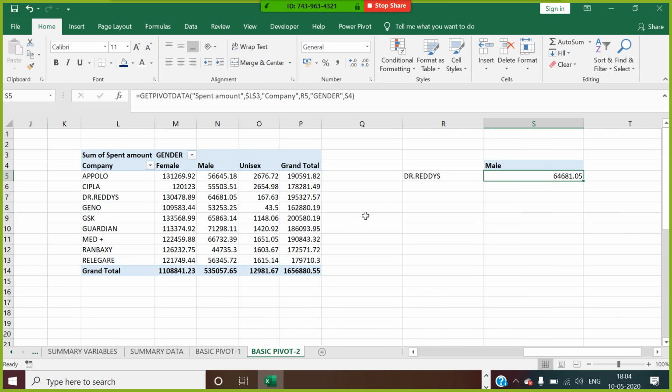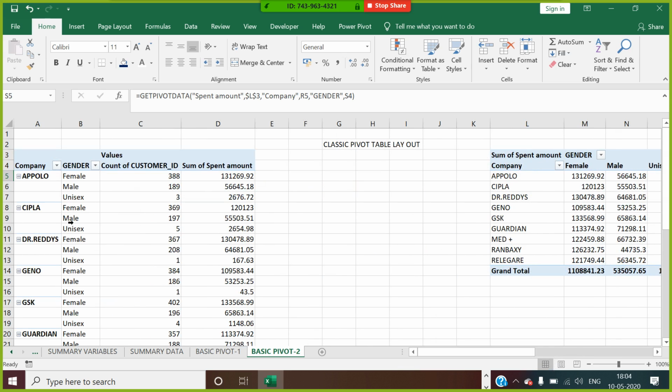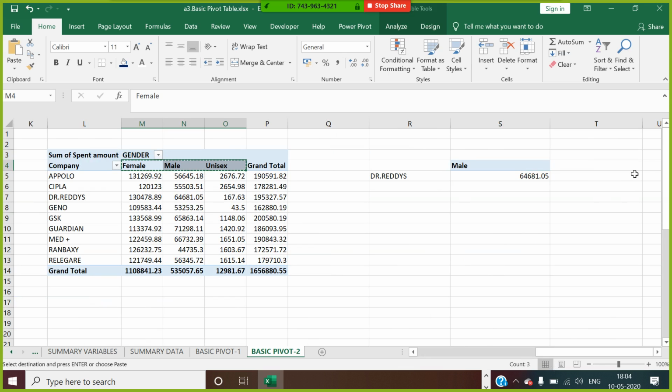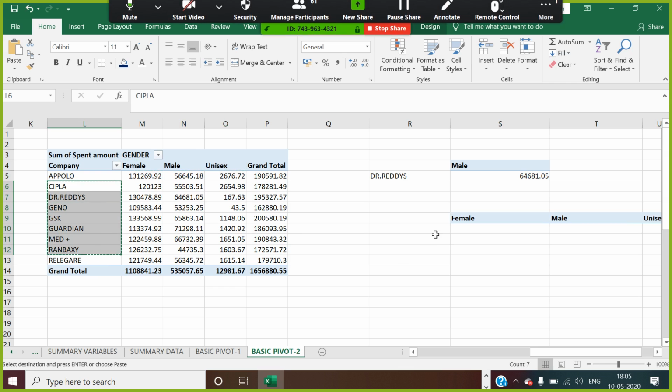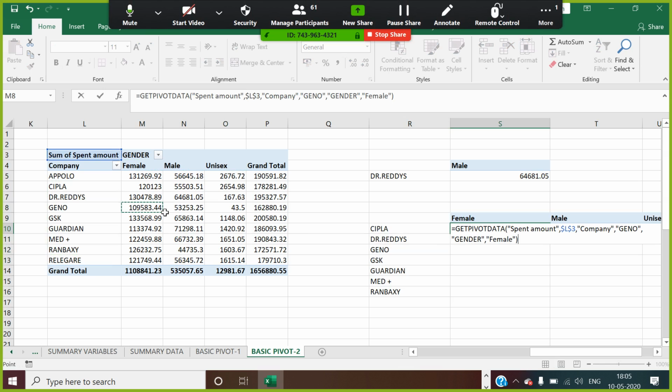We also understood how to create the classic pivot table layout to put the columns in different grids. We also understood the use of GETPIVOTDATA. For example, guys, if I have been asked to get these companies' values, I can say equals and get the value from the pivot table.